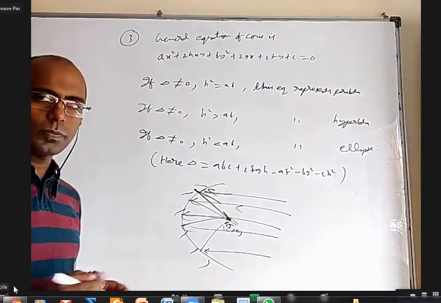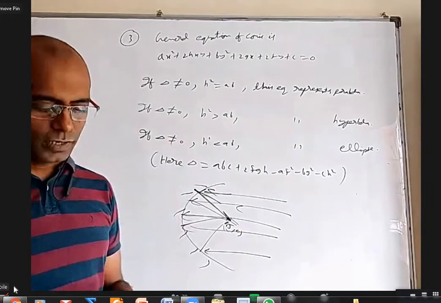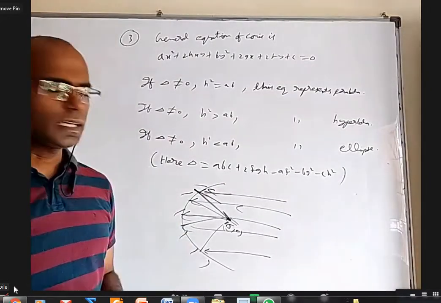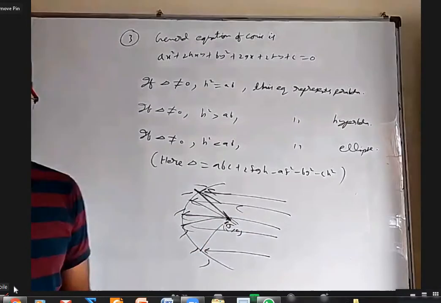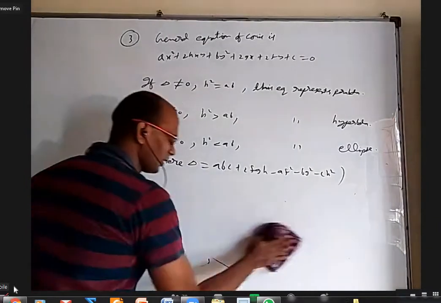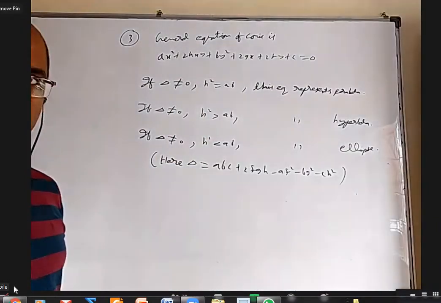But what I want to impress upon you is that a circular mirror doesn't converge the parallel beam of light at one point. It's only an assumption. It's not true. And we do a lot of calculations only for the paraxial rays, not for other things. Anyway, a parabolic mirror is possible now. Yes, sir.